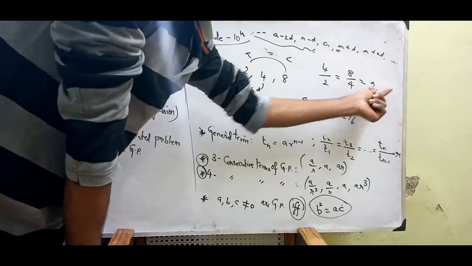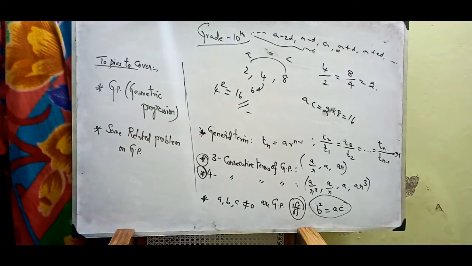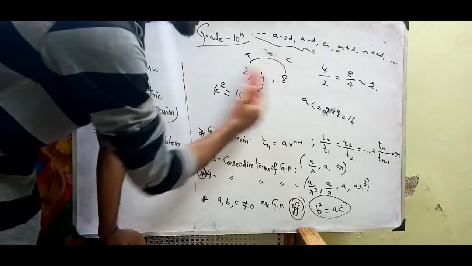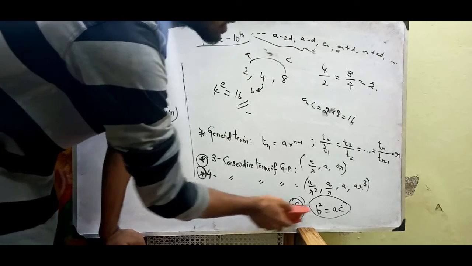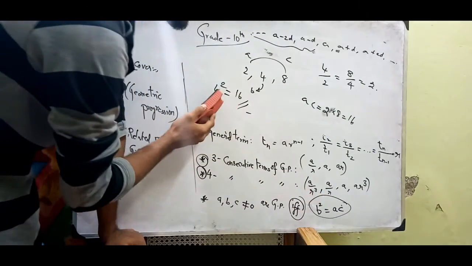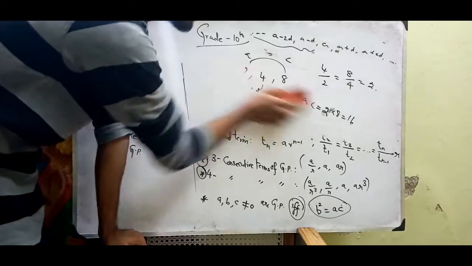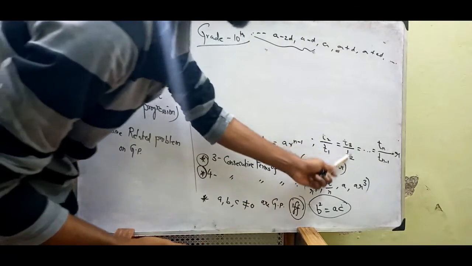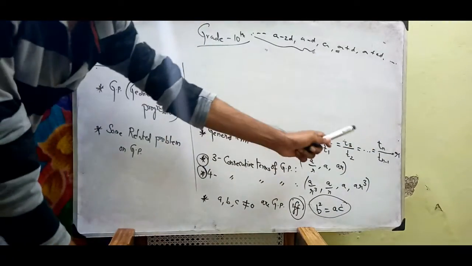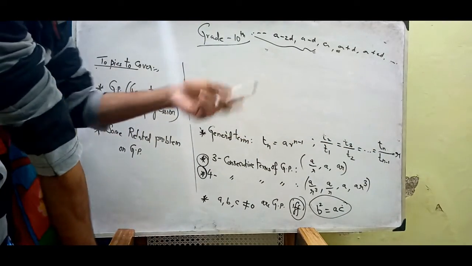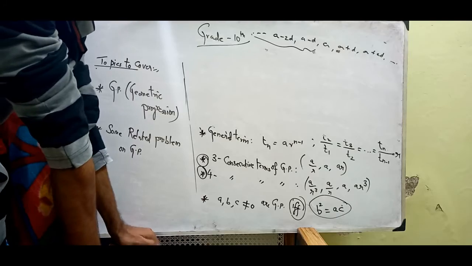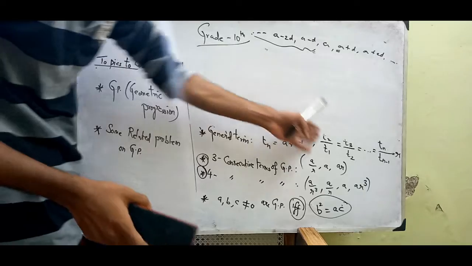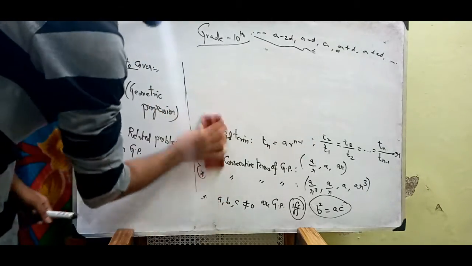Okay, so R, that is the common multiple. So three non-zero numbers are in GP if and only if they satisfy this condition: B square is equal to AC. Okay, so I've given examples. Also I've mentioned T2 by T1 and T3 by T2 should be the same as R. That will be represented as the common ratio. If you find such a common ratio, then it will be a GP. Either you can say it in that way or this way. Okay, let us move to the exercise problem.